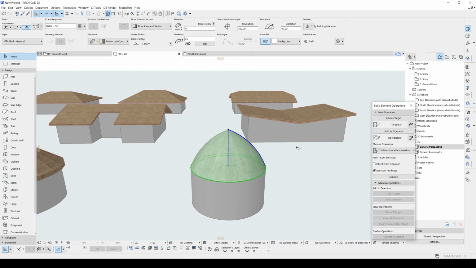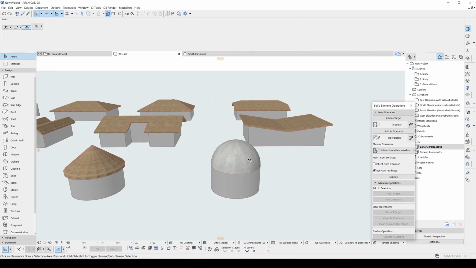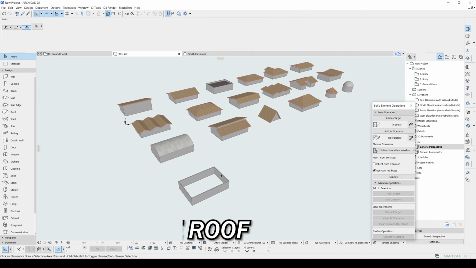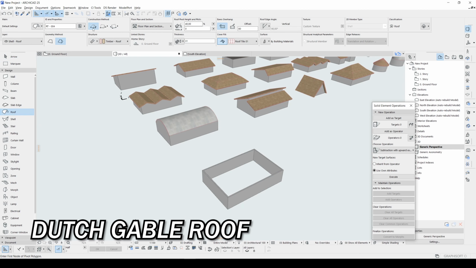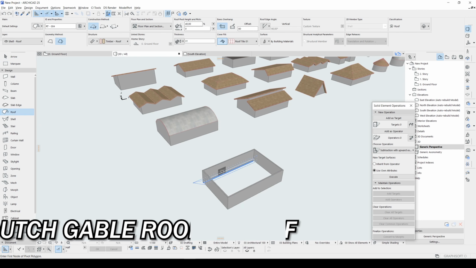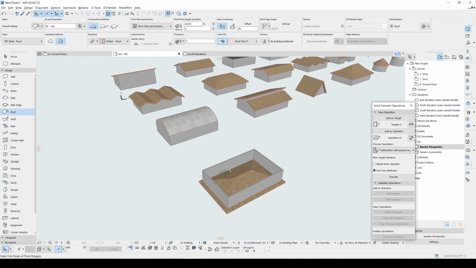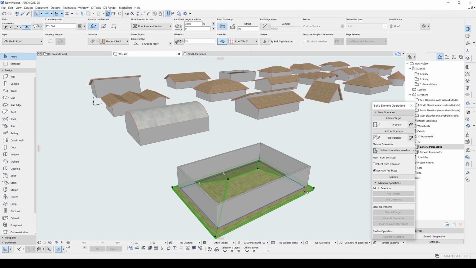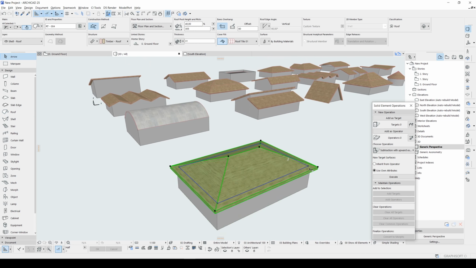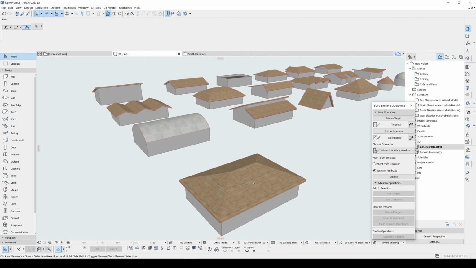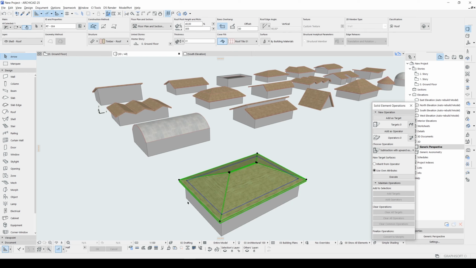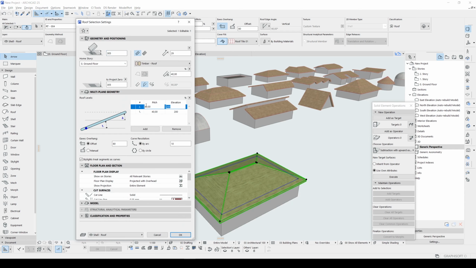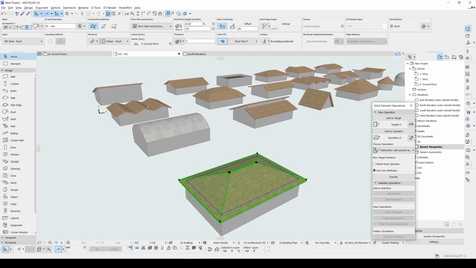And you can create different dome styles. Alright, this one will be Dutch gable roof. Let's go to our roof tool and the construction method will be complex. Hit the space and place your roof. Change the elevation onto the wall and we will add additional levels from the multi-plane geometry. Click add, click OK. Let's change the elevation to 4 meters.